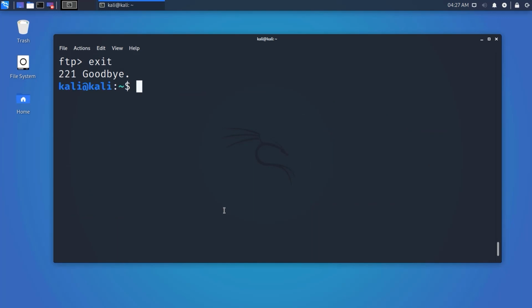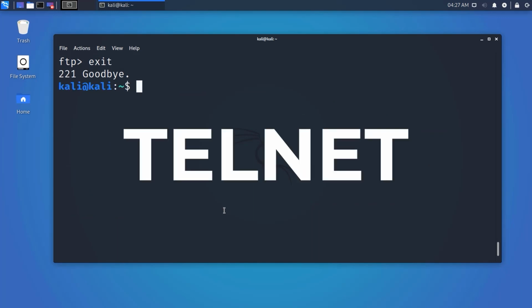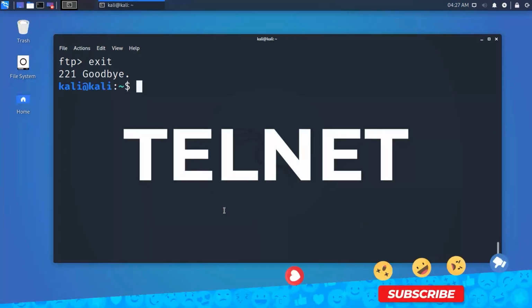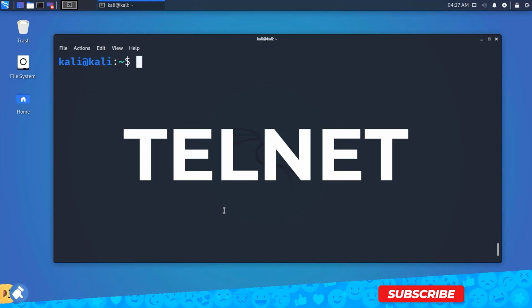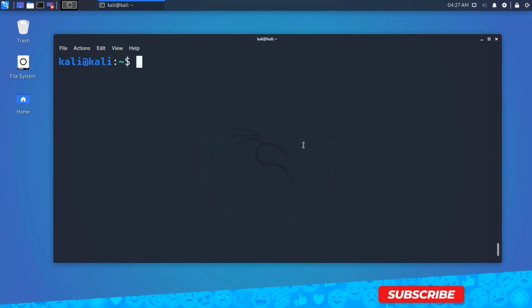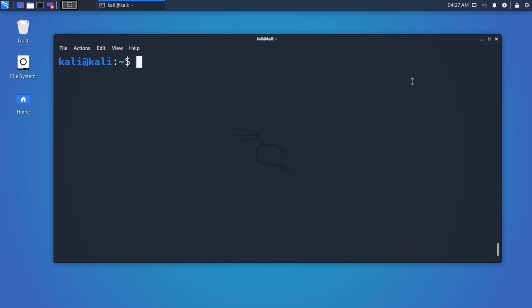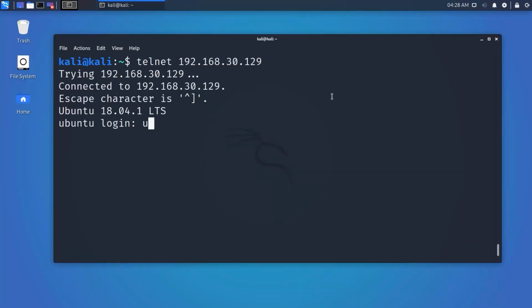Now it's time for Telnet. Telnet is same like SSH but less secure. Telnet helps to connect to a remote Linux computer and run program remotely and conduct administration. This utility is similar to remote desktop feature found in Windows machine. The command for this utility is telnet and the hostname.